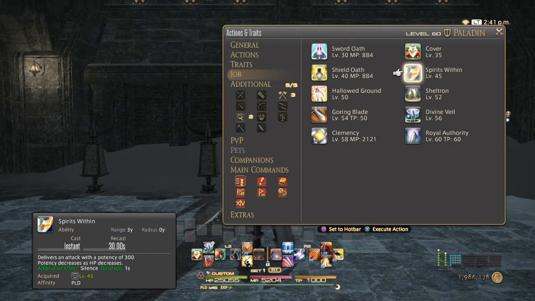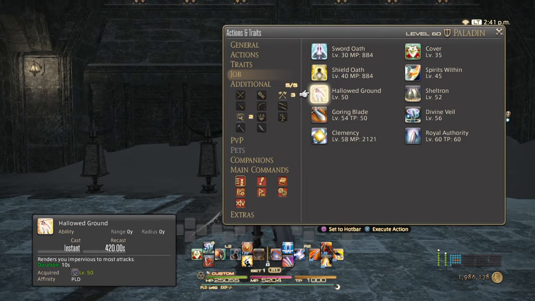In most of these fights it'll happen more than once every 30 seconds, so hopefully you've got somebody else who has a silence who can trade off with you for each sequence. But otherwise, it is a useful little bit of extra damage, even if it's being reduced because you have missing health. At level 50, you acquire Hallowed Ground, a